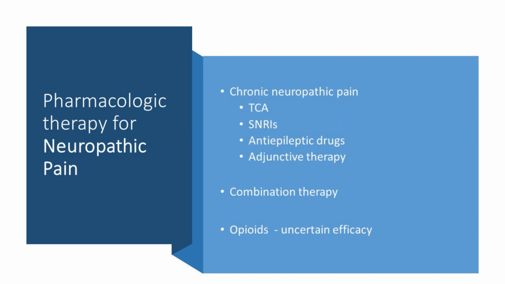Moving on to pharmacological therapy for neuropathic pain. How we manage these patients is with selected antidepressants like the tricyclic antidepressants or the serotonin norepinephrine reuptake inhibitors. We also use certain antiepileptic drugs like the gabapentin and pregabalin, with adjunctive topical therapy like topical lidocaine, capsaicin patch when pain is localized. The choice among these treatments has to be individualized based on the patient comorbidities and medication